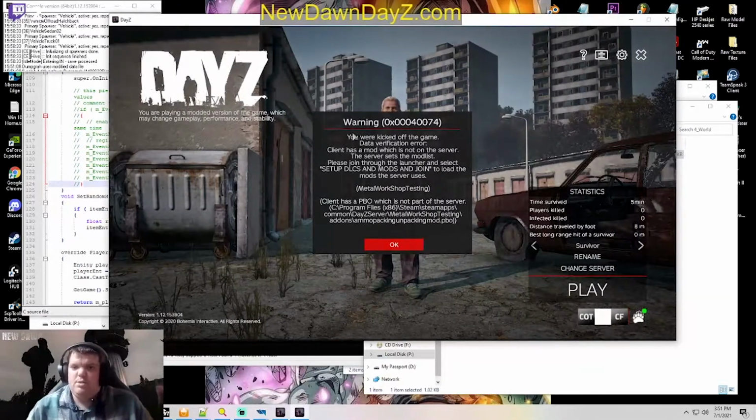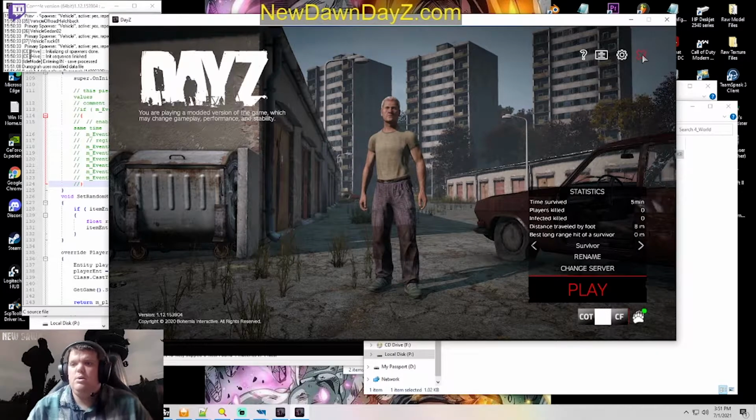Okay, so you were kicked off. Data verification: client has a mod which is not a part of the server. So it says that metal workshop testing. So it's saying that